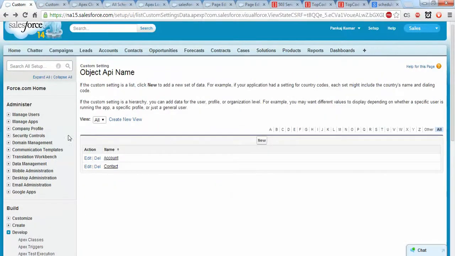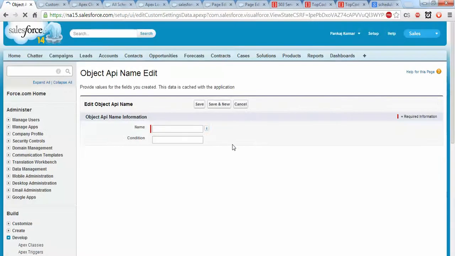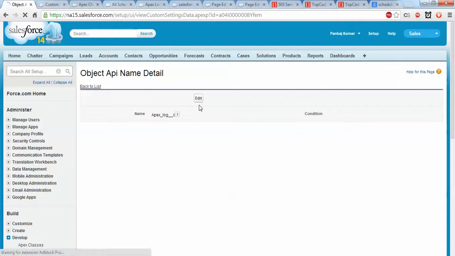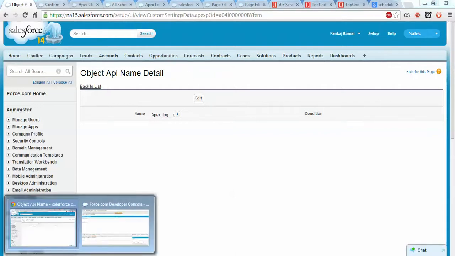If I add one more object in this and save, and now enter again.